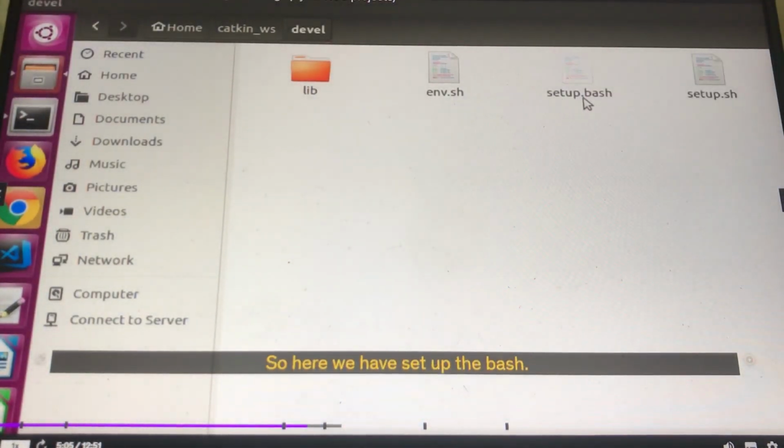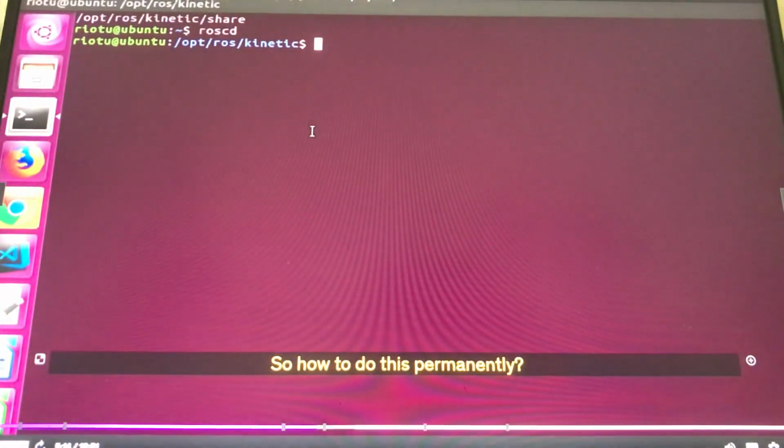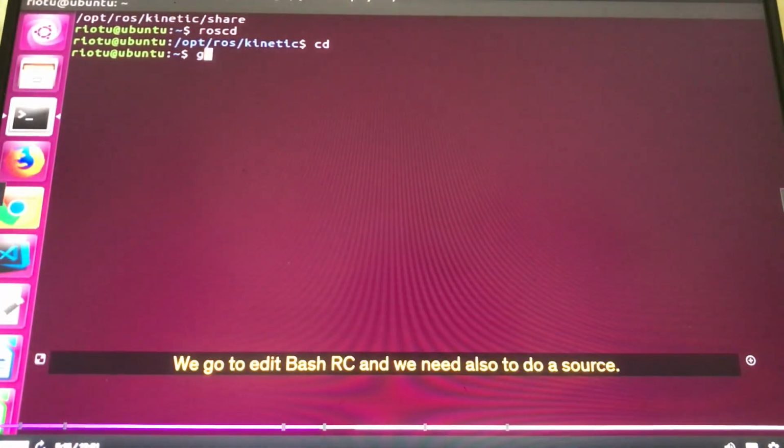So here we have setup.bash. This one must be sourced to enable this workspace to be the default one. So how to do this permanently? We go to